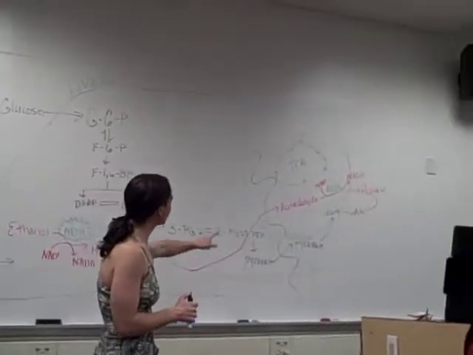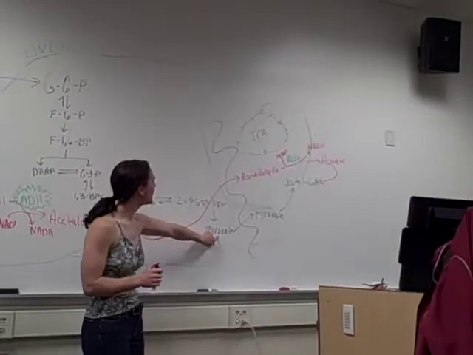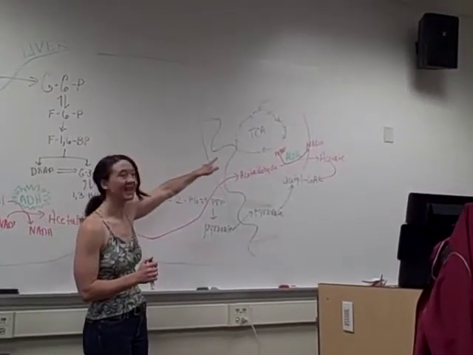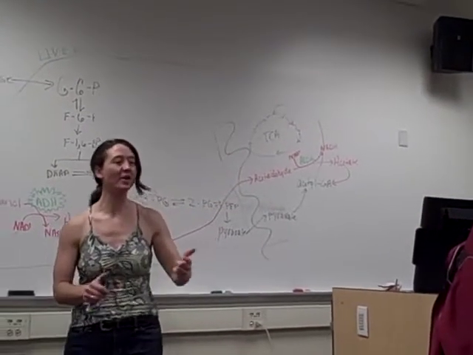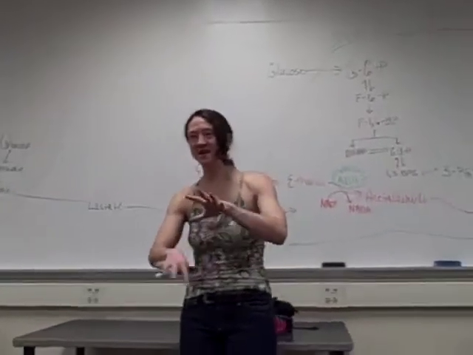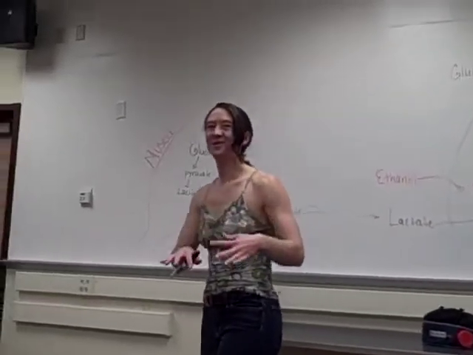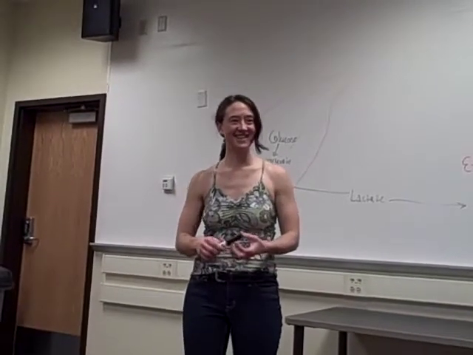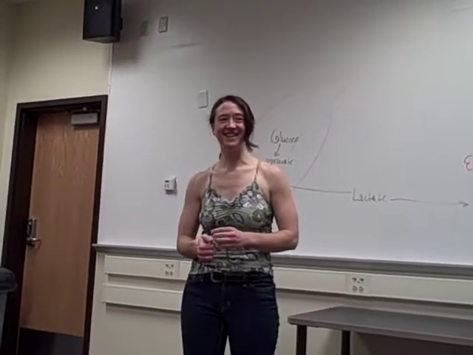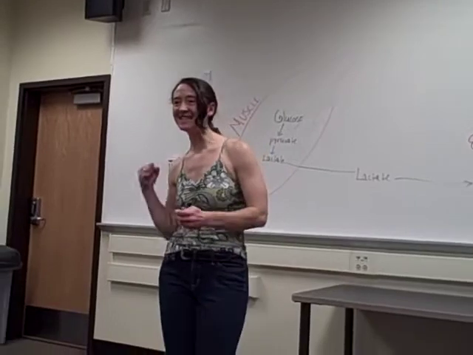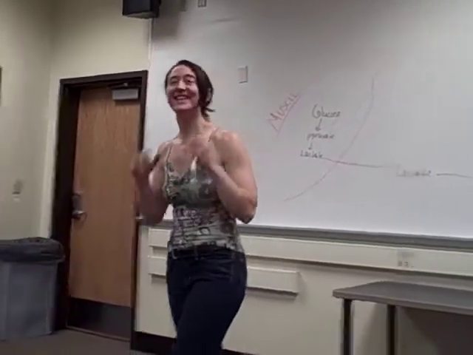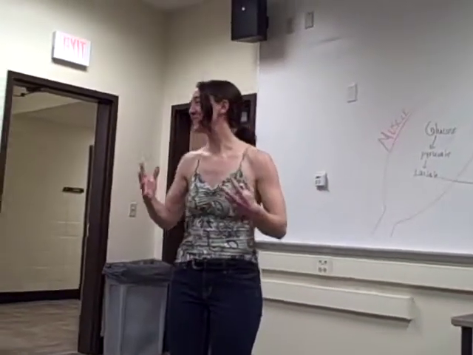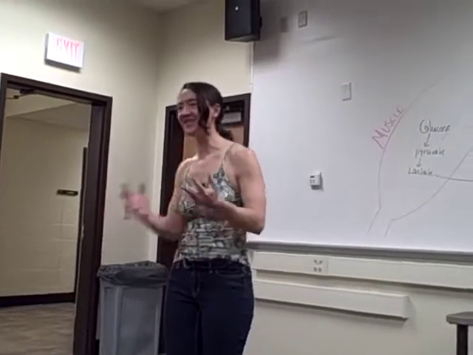The breakdown product of that is pyruvate, but pyruvate can be further broken down in what we call the TCA cycle. So at a very fundamental level, what do those two pathways do for us? They create ATP. Yep, you got it. And ATP is energy, right? It is what powers all of our activities, everything we do.